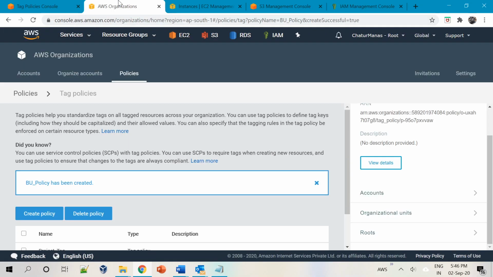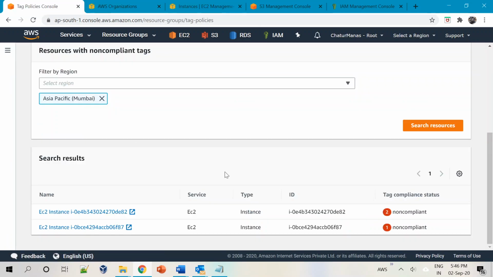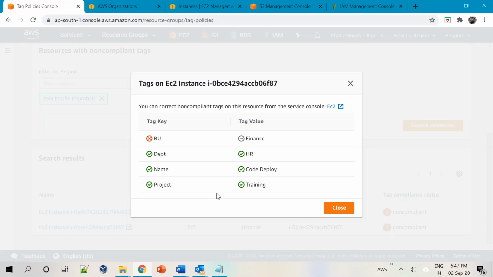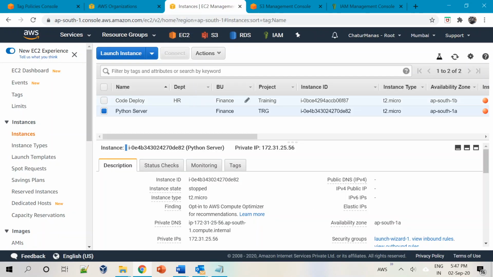Now let's go back and make this one project, right? Instead of TRG, let's make it capital TRG. And let's go back and check. Non-compliant, yes. So BU, it's saying it's not right. Let's go back and check.